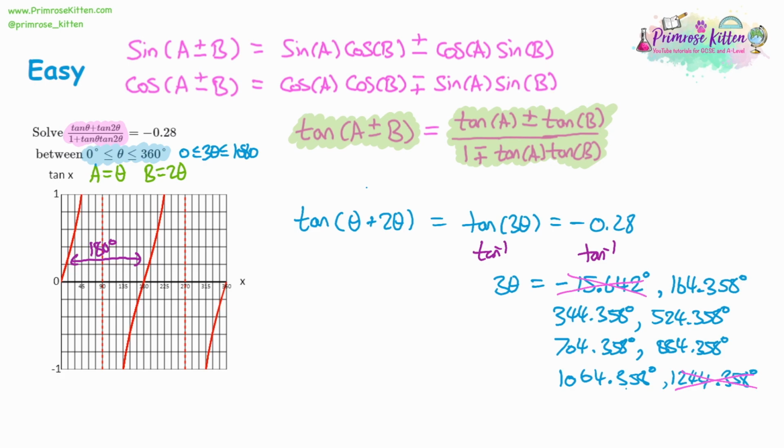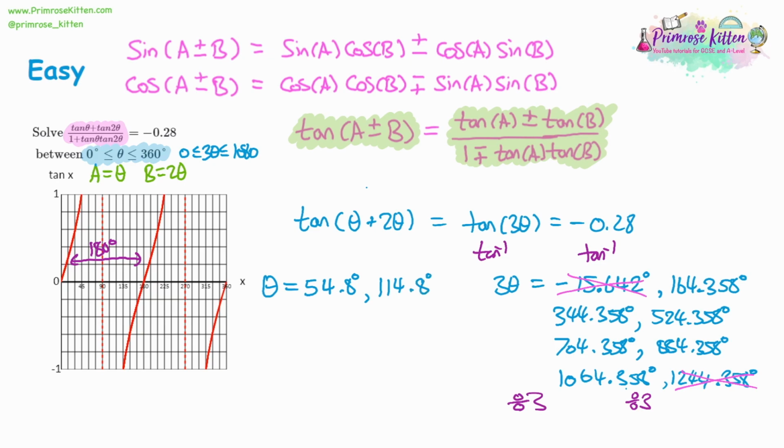Now we have 3 theta, and what we want to find is 1 theta. So if we divide both sides by 3. Now we've got some space on the left to write this out, so let's write out 1 theta over here. What we need to do is literally write out all 6 of these numbers and divide them by 3. So 164.358 divided by 3 will give us 54.8 degrees to 1 decimal place. The next one, 344.358 divided by 3, is going to give us